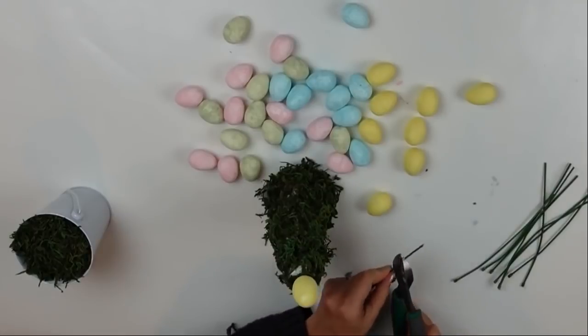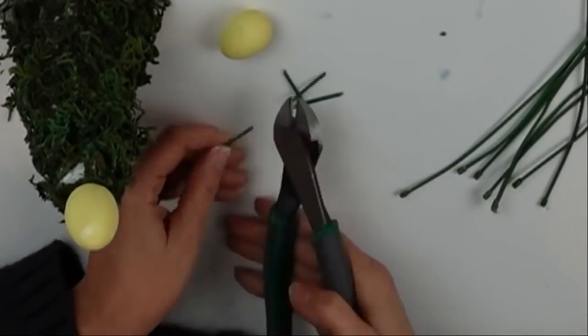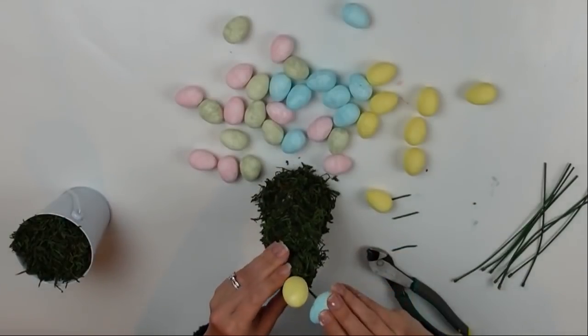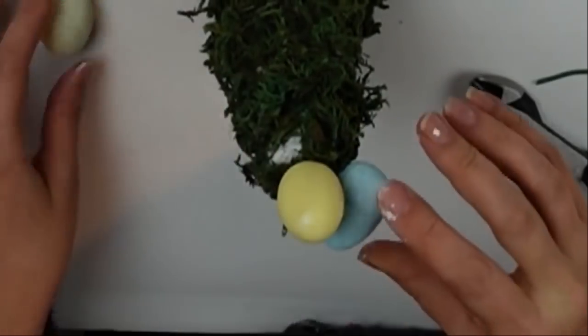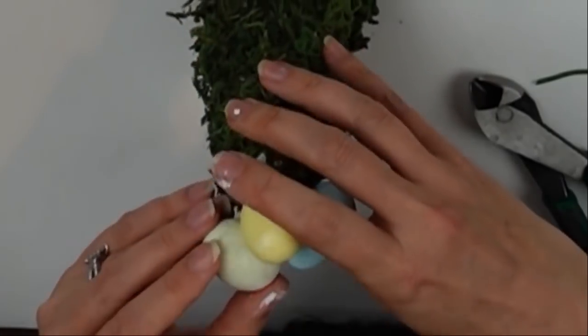I couldn't use skewers, so this was my plan B. I'm just cutting it at an angle so it's got a sharp edge on either side of it. And as you saw, I stuck one end into the egg, and then the other end I stuck into the styrofoam through the moss. And I'm just gonna do that all over this little tree that I've kind of fashioned,